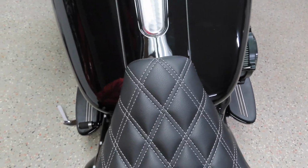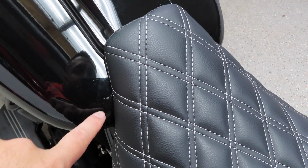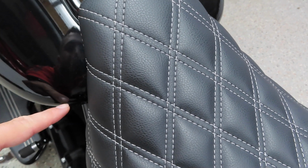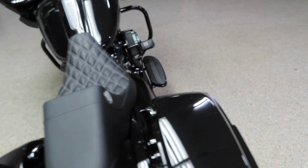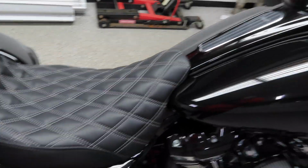I noticed it was a little bit narrower, and the reason I can tell is because there's rub marks. I don't know if the camera can pick it up on the gloss black or not, but there's rub marks from the stock seat. The stock seat actually came right about here, and that is significantly wider. Maybe you can see a little bit better on this side. I haven't waxed it out and rubbed that out yet, but the stock seat is significantly wider,